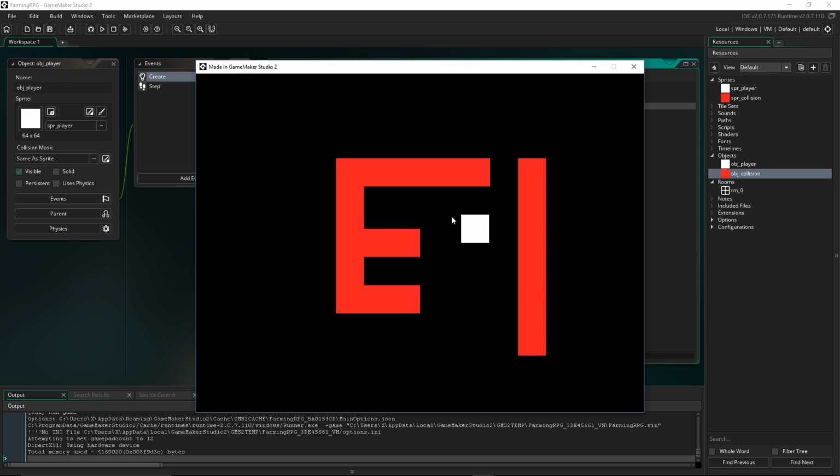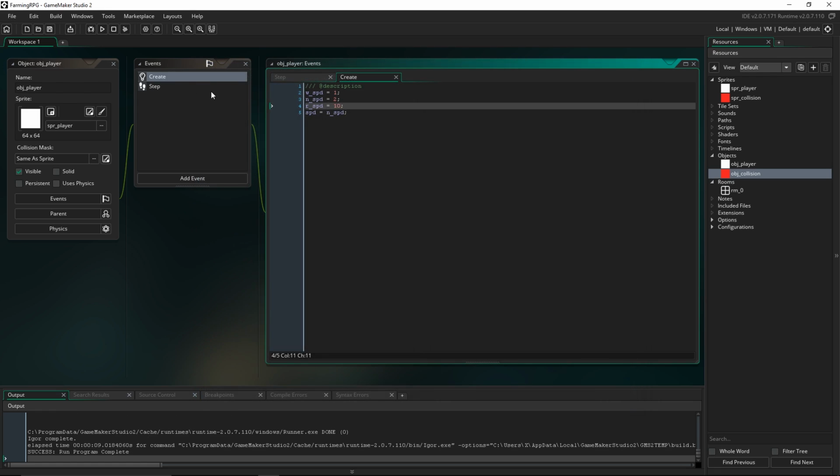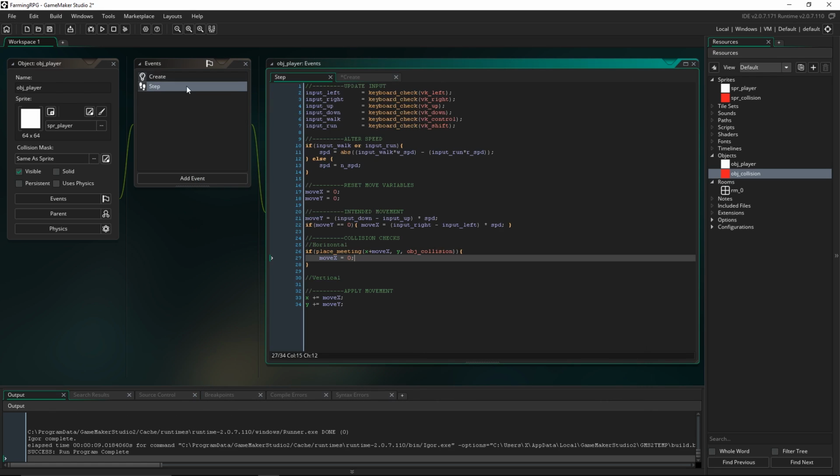So you can see it's leaving quite a noticeable gap here, whereas the desired movement for us would be stopping right next to the collision object. So let's just set the speed back and we'll come back into our step event and we're going to alter the collision code. So instead of just setting our move X to 0, we're going to do something a bit